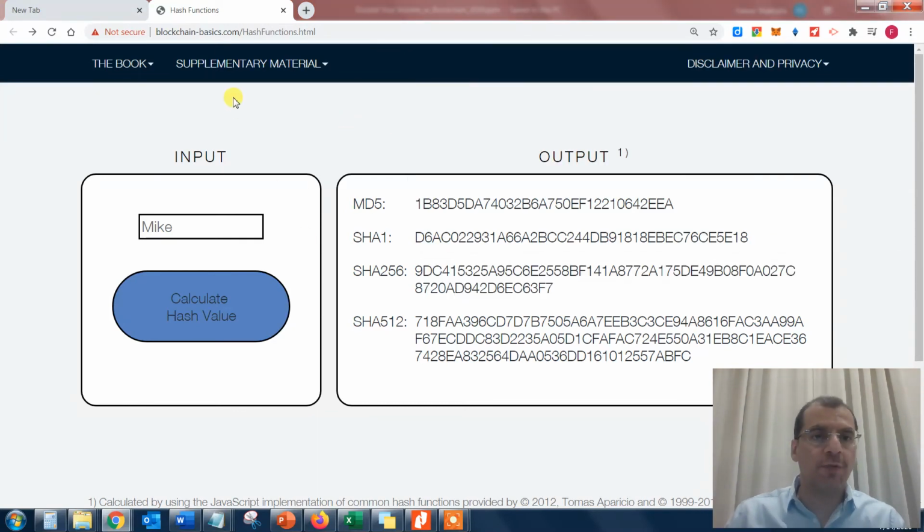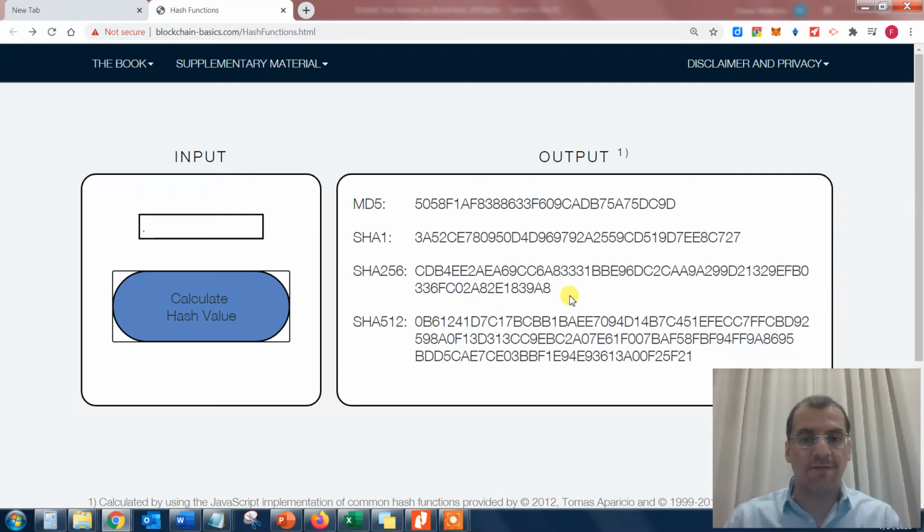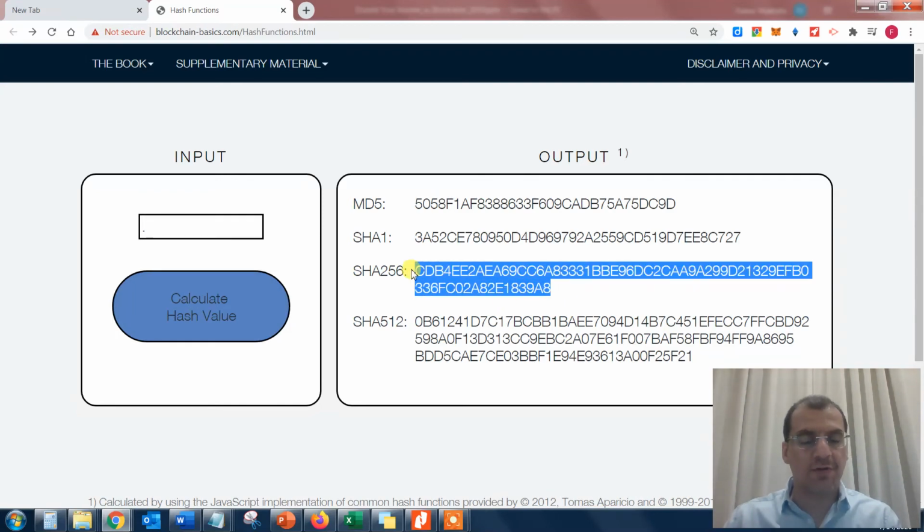So go ahead and open this link and play with it. Enter your name, enter your friends' names, enter different gibberish entry points. I can also put a dot. A dot will give me a fixed length output. Now, why is that important? It's important because it eliminates the possibility of any bad actors figuring out the input message. Again, it's a security layer built within the blockchain network, which basically hashes every single